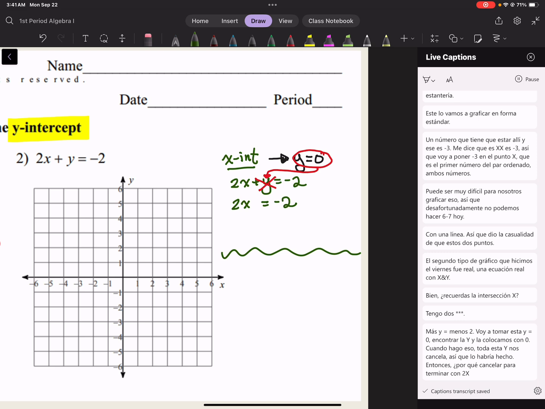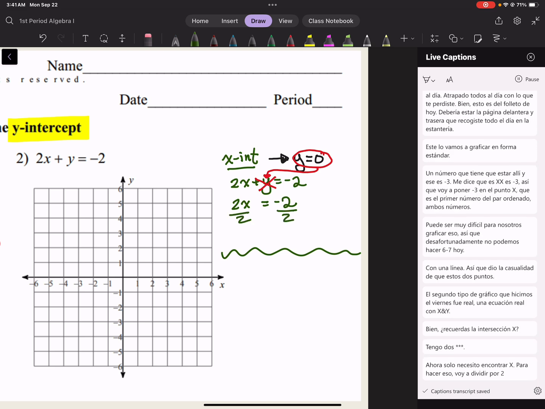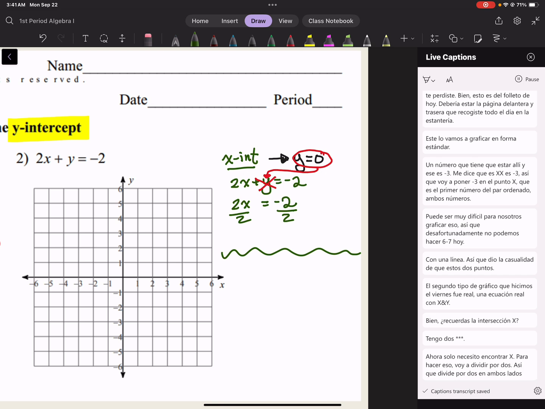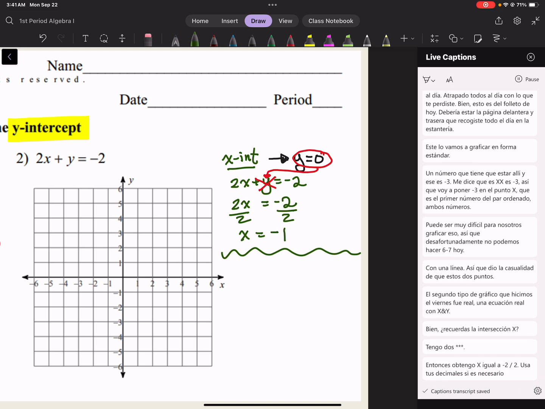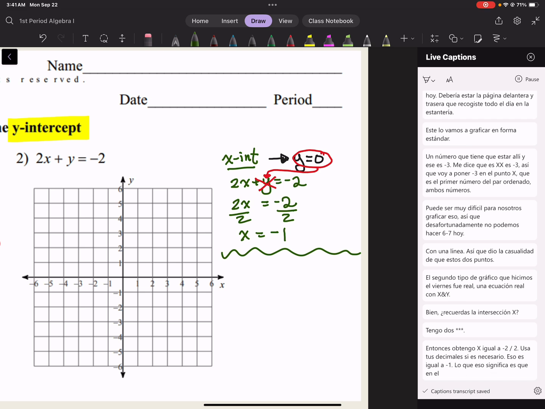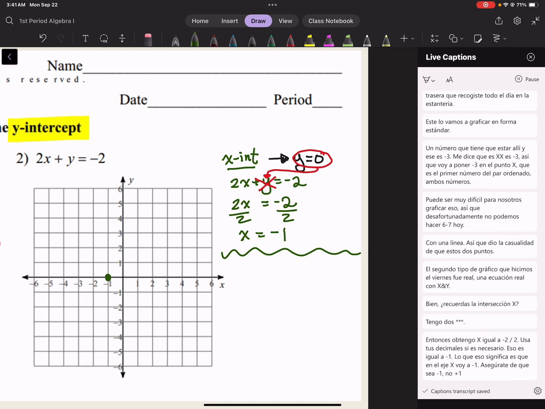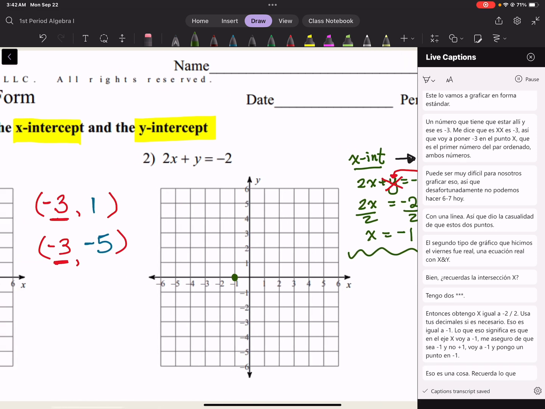Now I just need to find x. To do that, I'm going to divide by 2 on both sides. So I get x equals -2 divided by 2. Use your decimals if you need to. That equals -1. What that means is that on the x-axis, I go to -1. Make sure it's -1, not +1. Go to -1 and put a dot on -1. Now, that's one thing. Remember what they asked you. They asked you to do the x-intercept